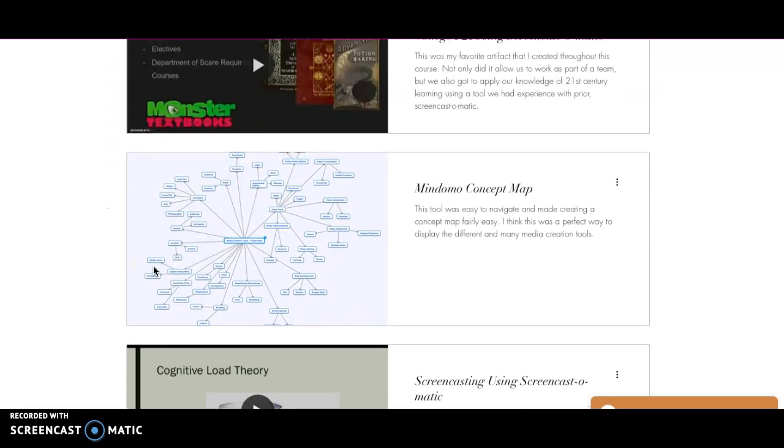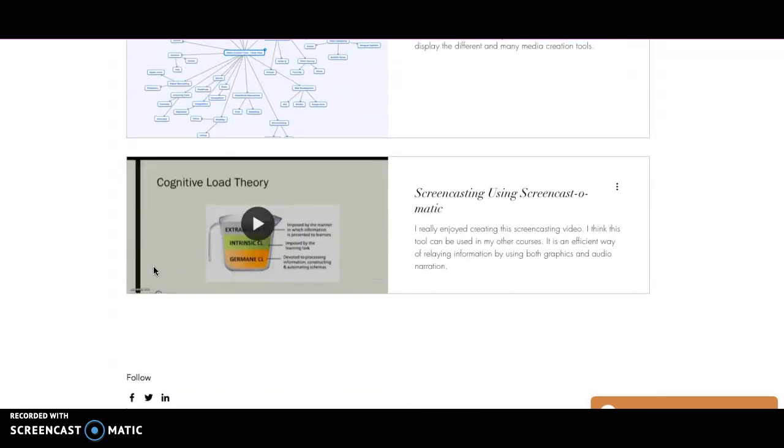task. And then the Mindomo concept map was also a very new software to me, but navigating it became fairly easy and I enjoyed using it. And then screencasting was the first time using Screencast-O-Matic, and since then I have been able to use this software multiple times, especially in this class I was able to apply this software to other projects, not just the screencasting